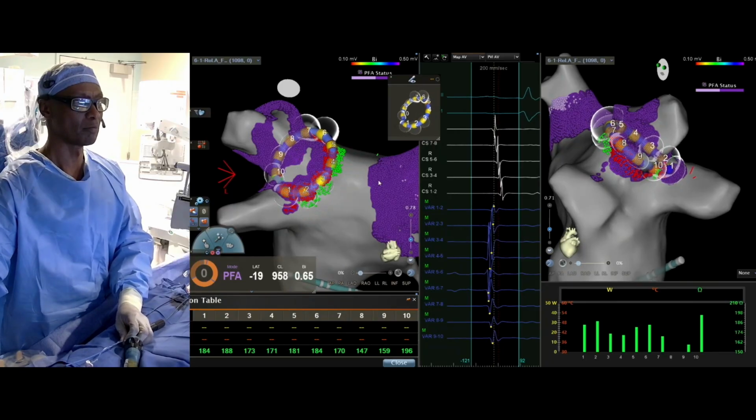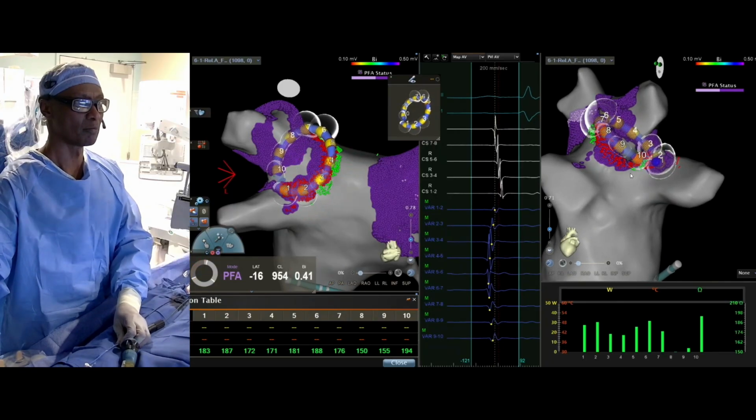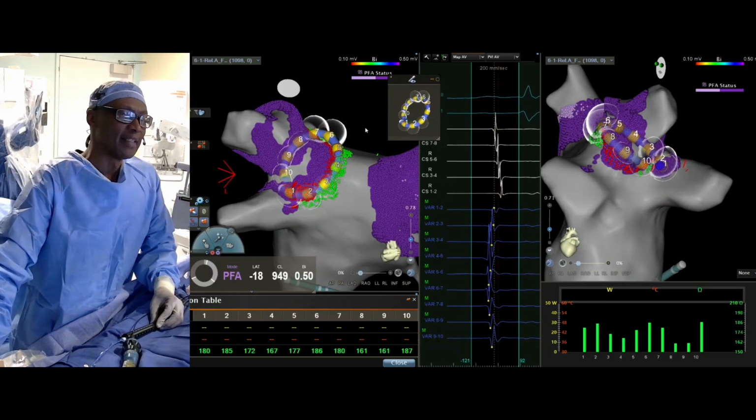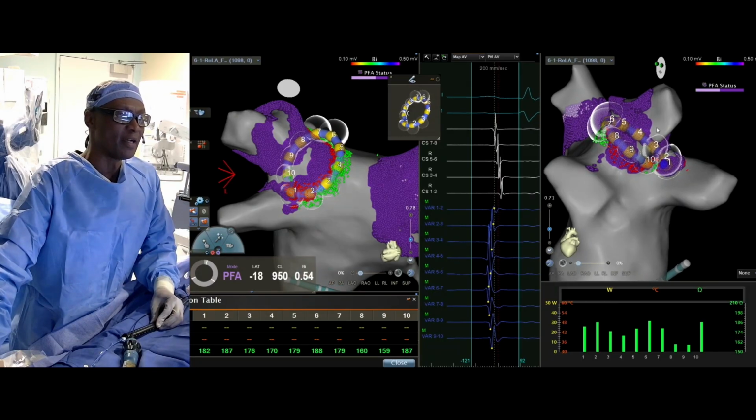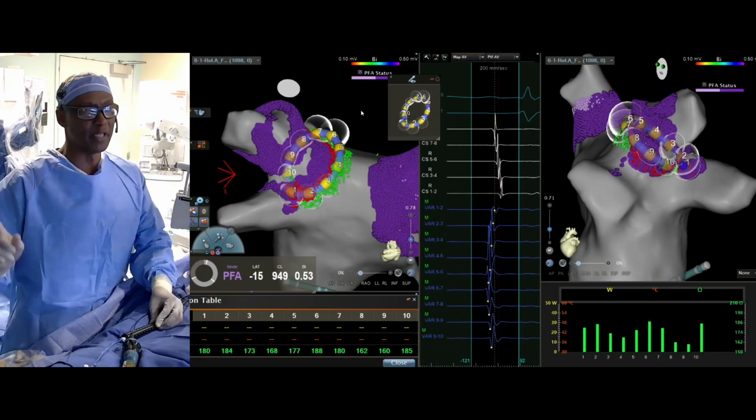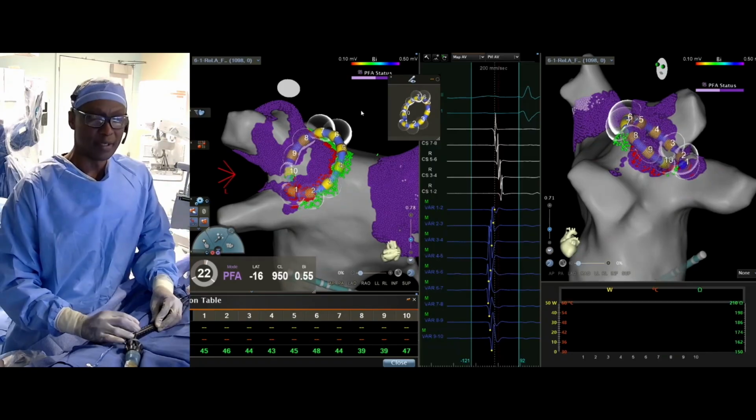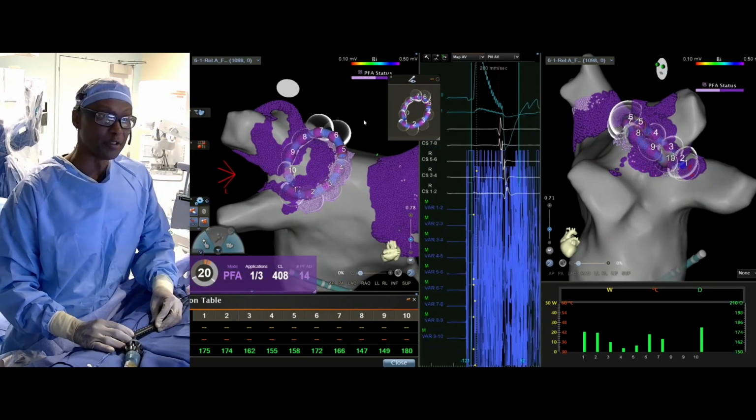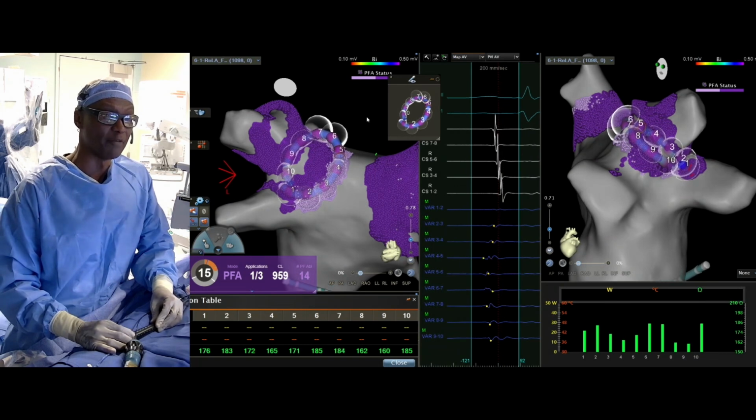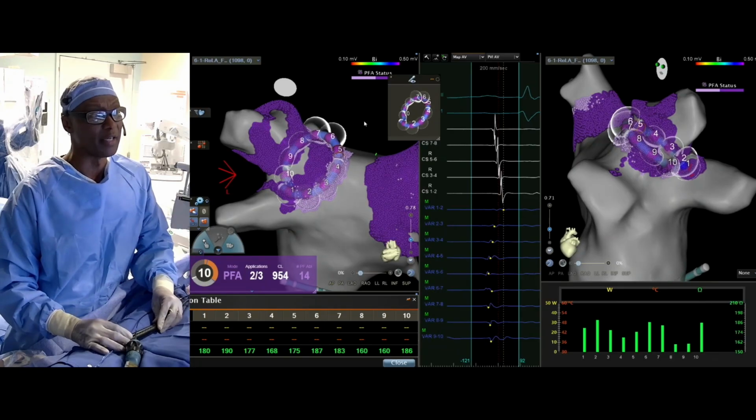So I had 2 questions for him. Why did you have to do 11 applications: because you could not isolate the vein, or because you had to do something else? And the second one is, what's your ACT level? Our ACT levels, we make sure that we go above 375. Go ahead and apply the lesions. We make sure we start greater than 375, but I've actually been starting at 375 or above on my ACT. And regarding your initial